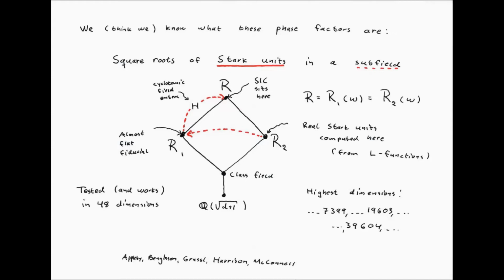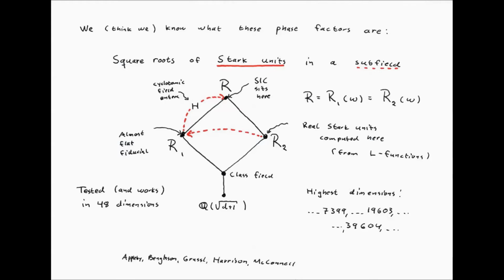If you extend these small ray class fields to include the cyclotomic field as a subfield, you get the full ray class field with conductor D that you need to construct the full SIC. Our procedure is to take one of these small ray class fields and compute real Stark units here